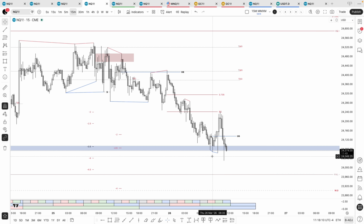8:30 is too early, because we need to deliver to it after 9:30 in order for it to be utilized on the regular trading hours chart. If it didn't, that BISI would still technically be unfilled in relation to the regular trading hours. We end up forming this Kraken correlation, and we're delivering into that BISI. It's more than sufficient to look for a point of inception here, but no point of inception ended up